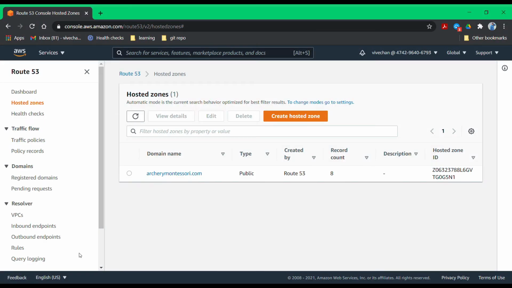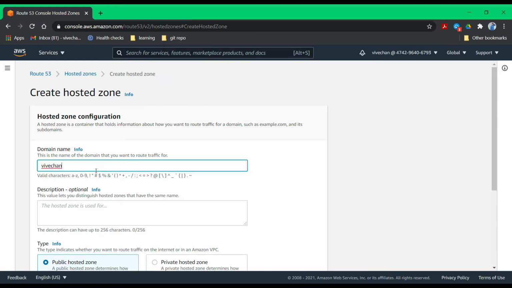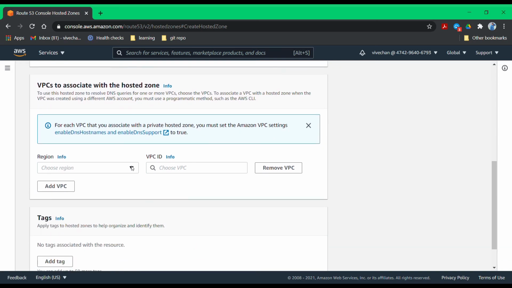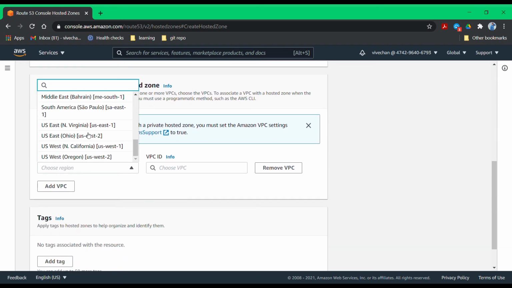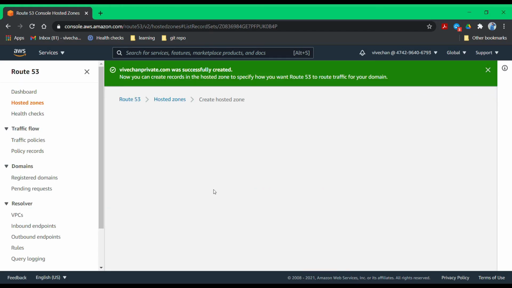Now in Route 53, let's create a hosted zone. Let's name it vivachanprivate.com, and let the description be internal connect. Since this is a private hosted zone, let's choose private hosted zone. Region, based on your specifications, choose the region, and let's create the hosted zone.